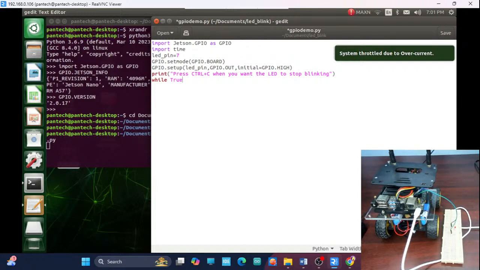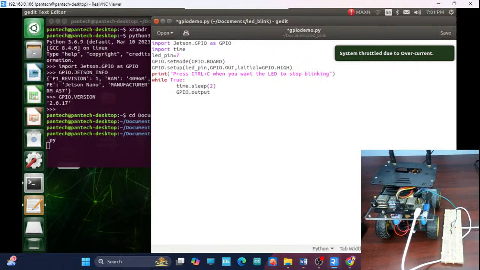While True. So here, first time dot sleep, I'm going to give 2, which means when it gets inside the loop, first 2 seconds it will wait. The time dot sleep function is used to pause your program for the particular seconds that you have given inside that parenthesis. So I want my program to be stopped for 2 seconds,